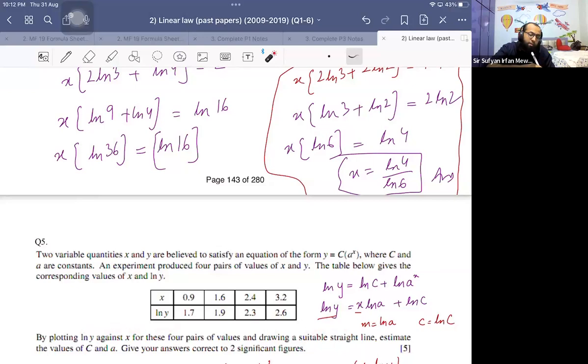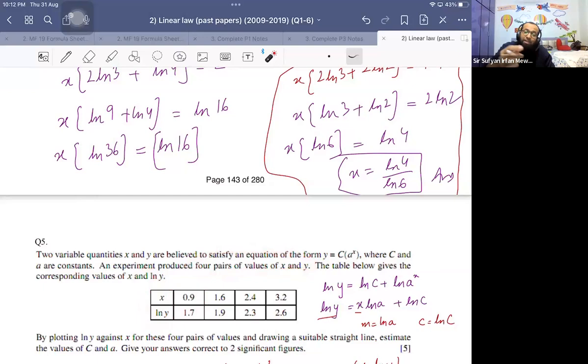Two variable quantities x and y are believed to satisfy an equation of the form y equals c times a power x, where c and a are constants. An experiment produced 4 pairs of values of x and y. The table below gives the corresponding values of x and ln y. So we have x and ln y both, x 0.9 and ln y is 1.7. Now, how many values altogether? An experiment produced 4 pairs of values of x and y. The experiment produced values of x and y,